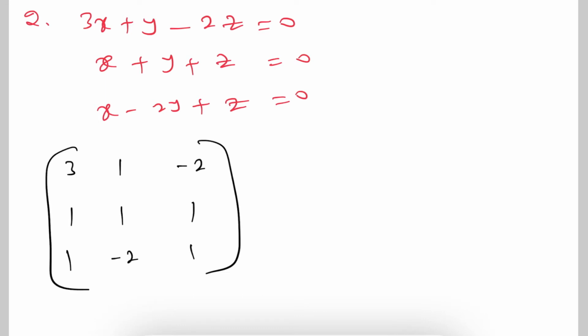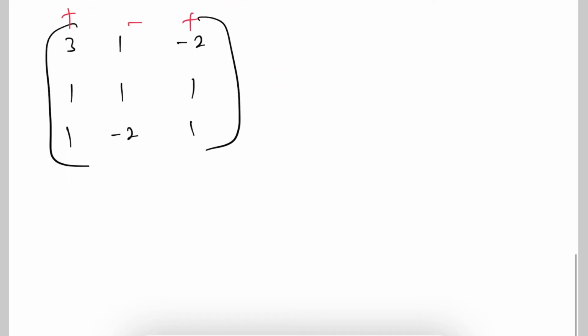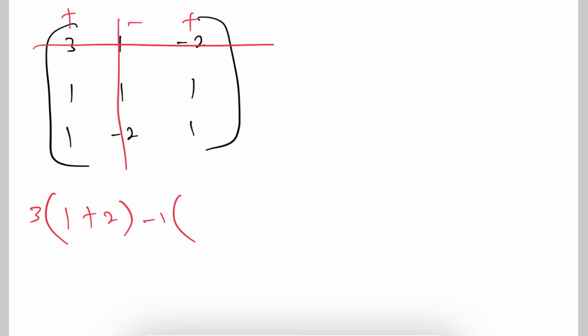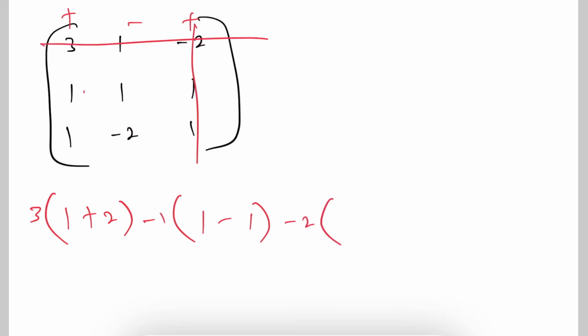So now for this, if we find out the determinant, plus minus plus, okay, let us solve for the determinant now. 3 into, if we remove the column as well as row, 1 ones are 1, minus 2 into 1 minus 2, but already minus is there, so it will become plus 2. Next, second element, minus 1 into, if we remove the row as well as column, 1 ones are 1, minus 1 ones are 1. Next, last element, minus 2 times 1 into minus 2 minus 1 ones are 1.